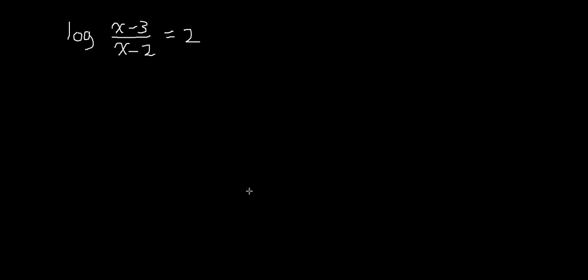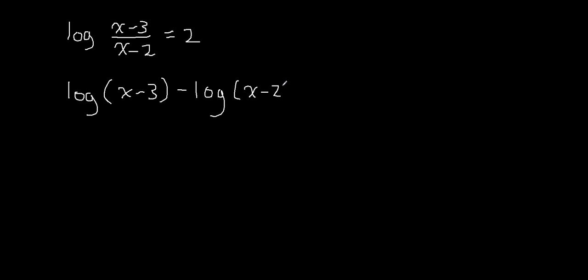So let's go through an example involving non-permissible values. You probably know that the log of a fraction can be rewritten as the log of the numerator, x minus 3, minus the log of the denominator, x minus 2. But if you graph this out, you'll actually find that the first equation has a solution, but the second one